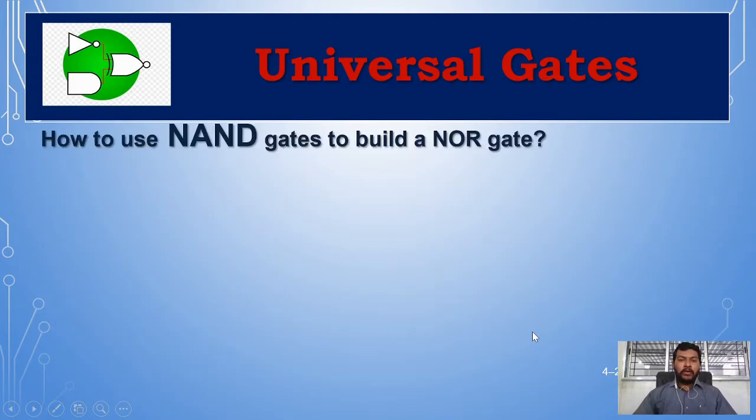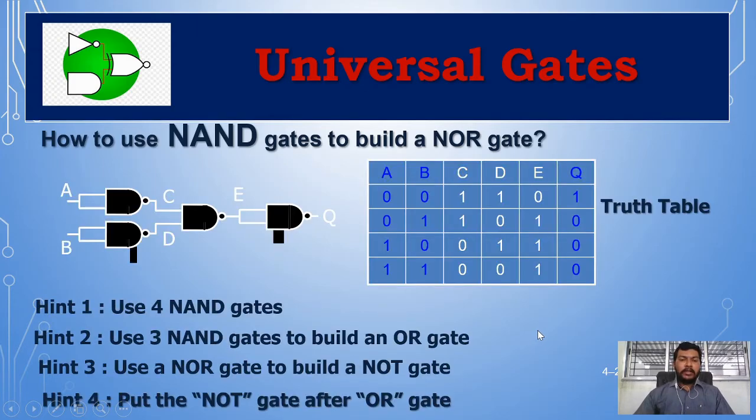Similarly, for using NAND gates to build a NOR gate, the OR gate you have studied already, and by putting a NOT gate made by NAND in front of the OR gate, we get a NOR gate. As you know, this is the basic concept of NOR: if a NOT gate is put after an OR gate, it becomes a NOR. So similarly, this is for the NOR gate.